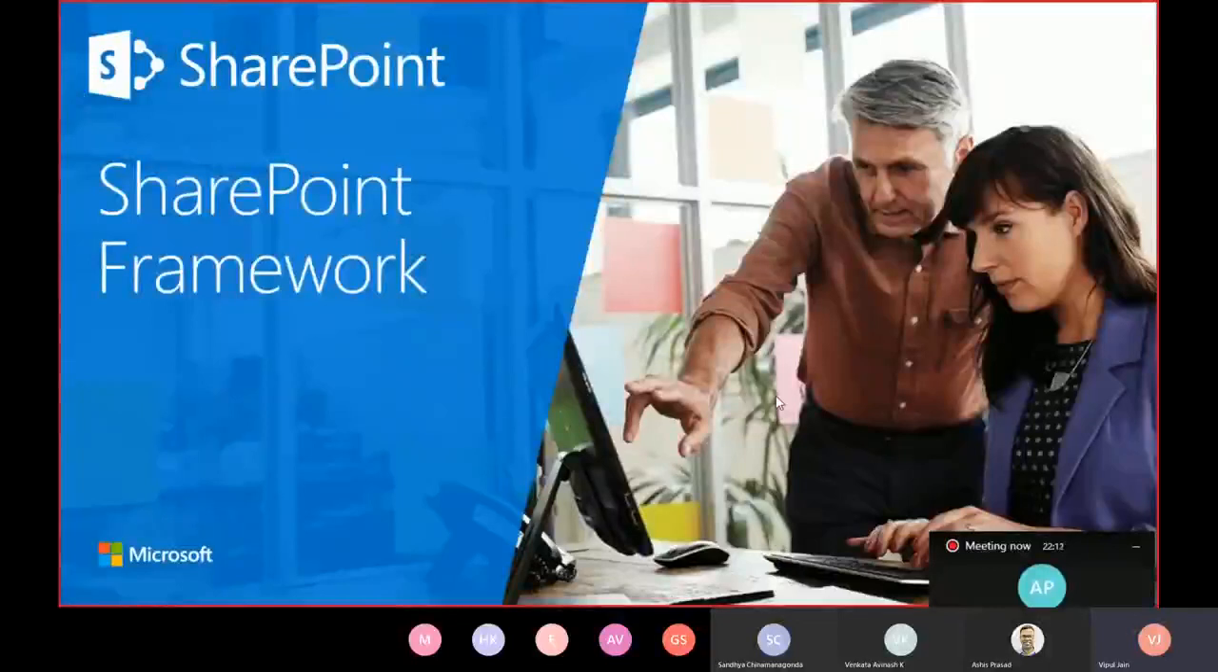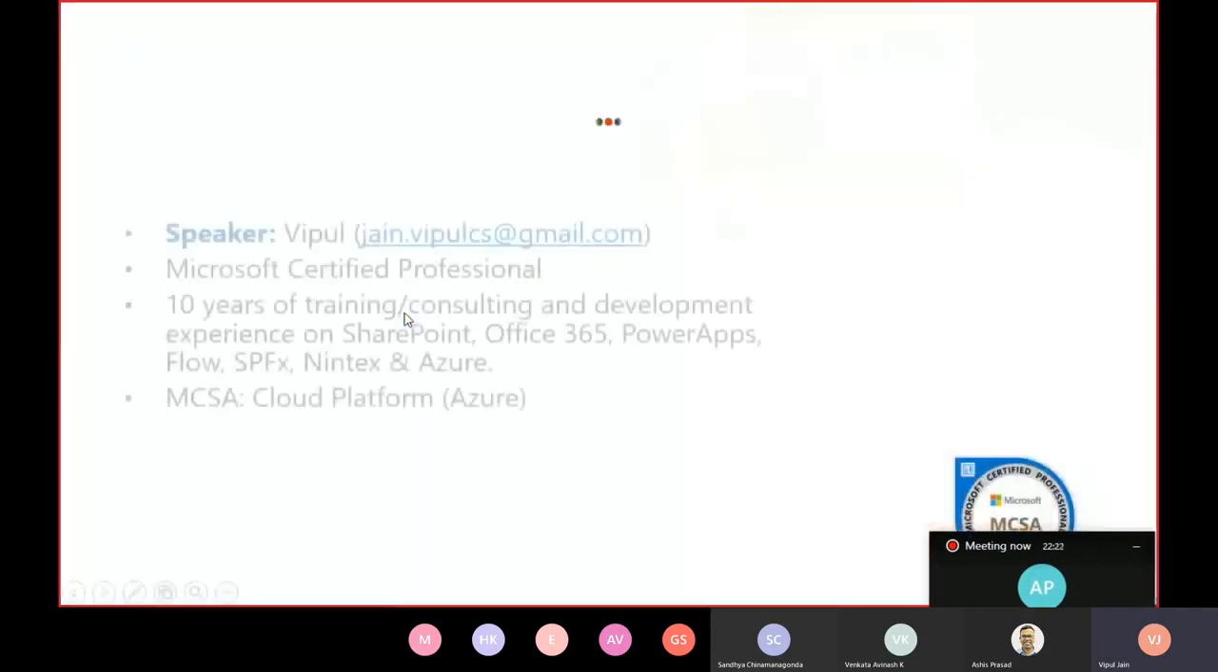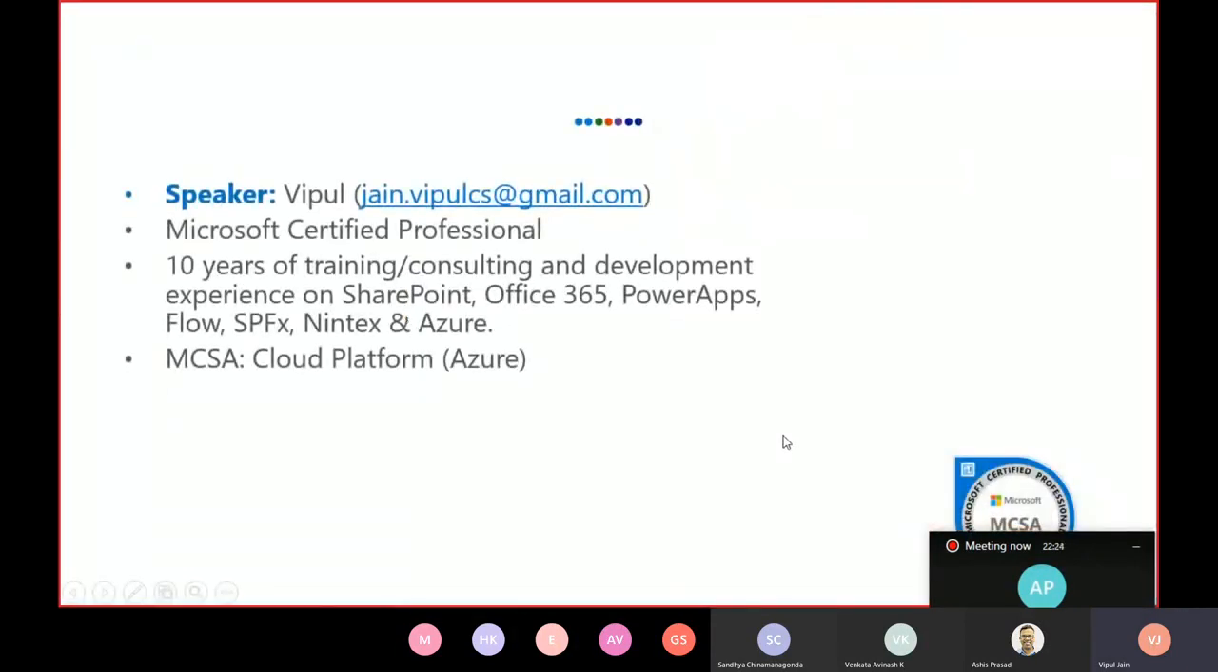So we are here to talk about SharePoint Framework, what is the landscape of SharePoint and Office 365 development we have. So just a brief about me first of all. My name is Vipul Jain. I'm a Microsoft certified professional. I have 10 years of experience, you can say training, consulting, and development experience on SharePoint, Office 365, Power Apps,